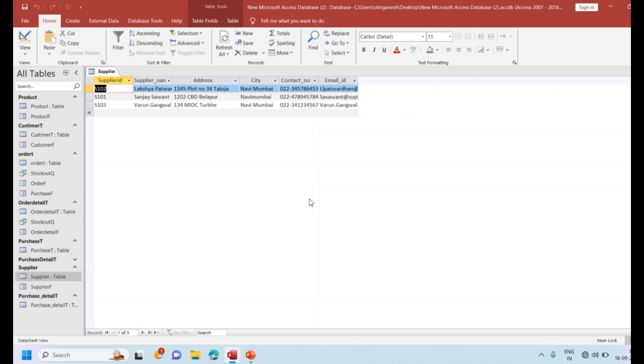Now, as I have given an order to the supplier, I just created a purchase table. I told the supplier that I need this amount of the thing for my business. As you know, when we created the order table, we created a field named paid.